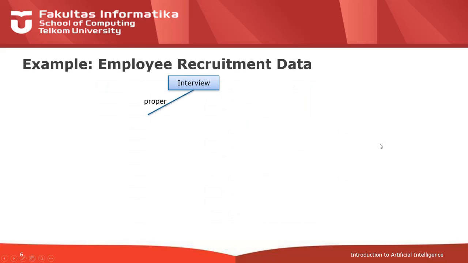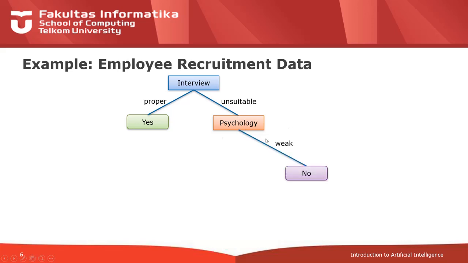So in this case, maybe we can have a decision tree like this. If the interview is proper, then the applicant will be accepted. But if the interview is unsuitable, then we decide based on psychology. If the psychology is weak, then the applicant will be rejected. And if the psychology is moderate, then we